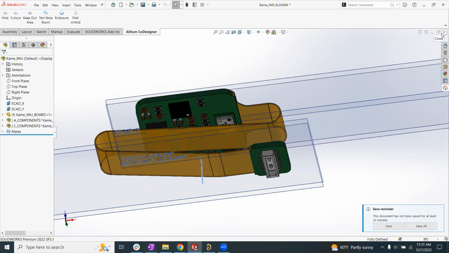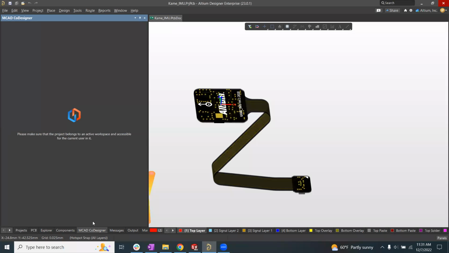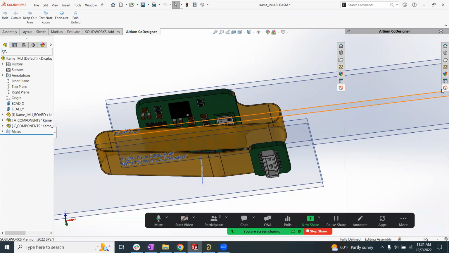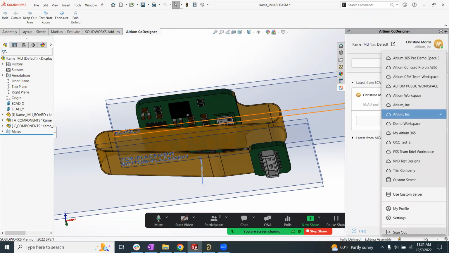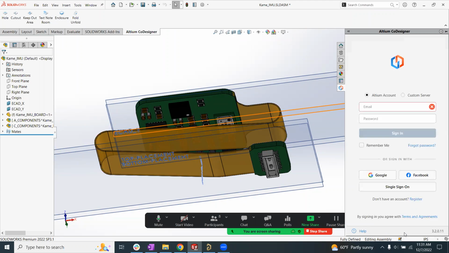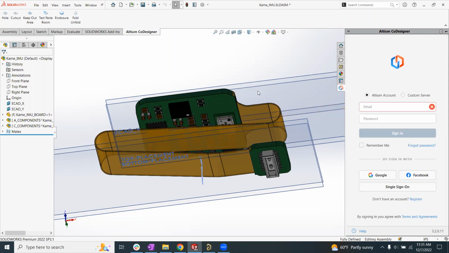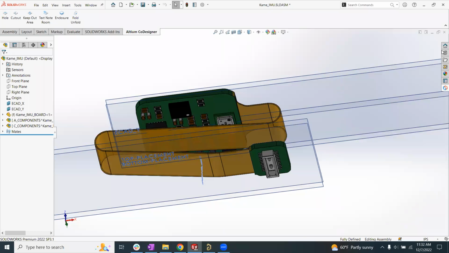One other thing that I want to demonstrate for you is we have a new mode. So in the event that you did not push, and I did not push through the MCAD CoDesigner here in the panel, but we have another mode that is called demo mode. And in the event that you did not have an electrical engineer, but you still wanted to experiment with the actual design flow, we have a demo that you can actually pull in design data. And I need to type in, and I'm just going to close out this